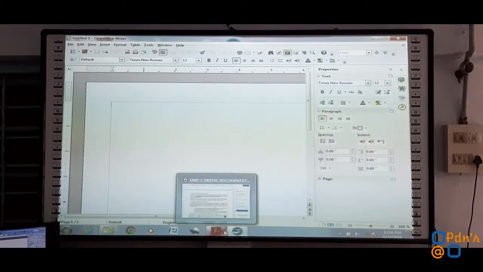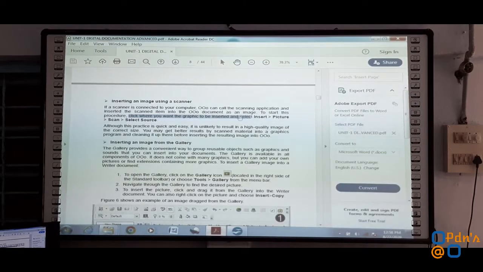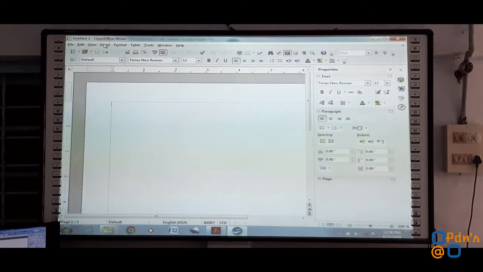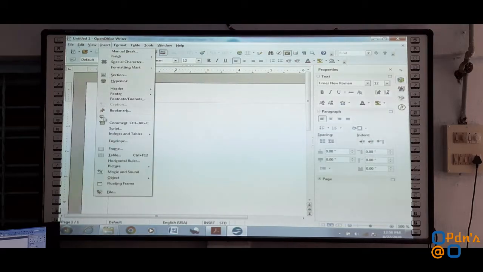Now the steps are like this. Go to Insert, then Picture. See, one option will be there here, Picture. Then under the Picture category, we need to select Scan. Click on Scan.